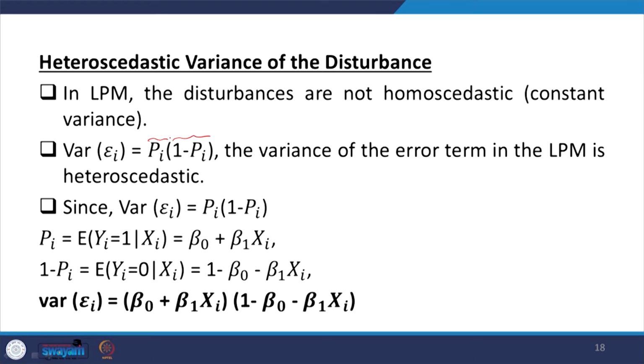Then what is this pi? Pi we already mentioned is the probability of success of the dependent variable given the xi, which is nothing but what we already derived before. So, 1 minus this is then the probability of failure. If you now multiply these two terms together, this is the first part and this is the second part. Now look at this very clearly, that we have two terms.